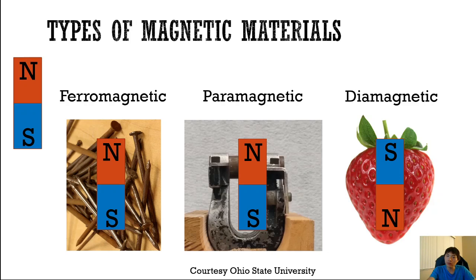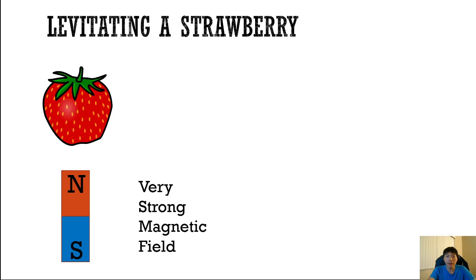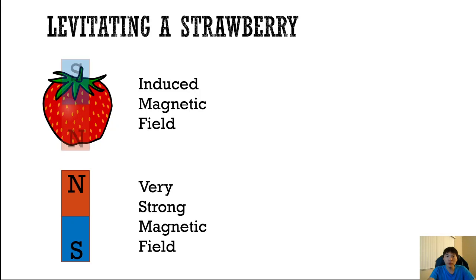And this allows us to levitate diamagnetic objects under certain conditions. So how do you levitate a strawberry? You need a very, very strong magnetic field, and you put a strawberry down into the magnetic field vertically, and what happens is you get an induced magnetic field that points in the opposite direction. Here, the north pole of our strawberry is pointing towards the north pole of our external magnetic field. And so there will be